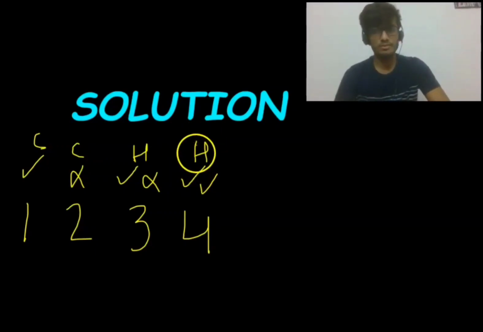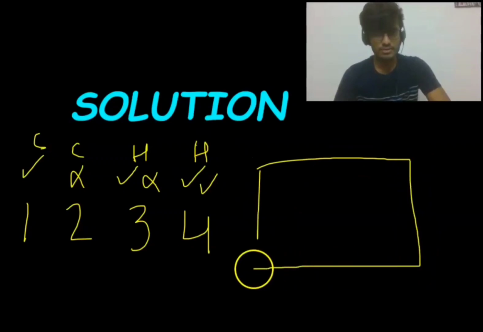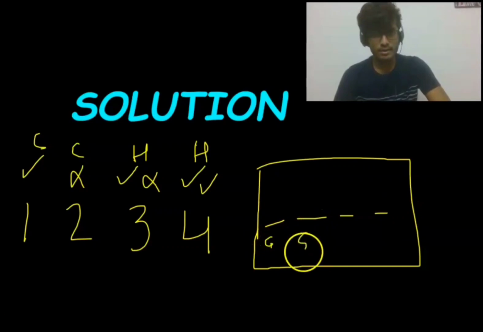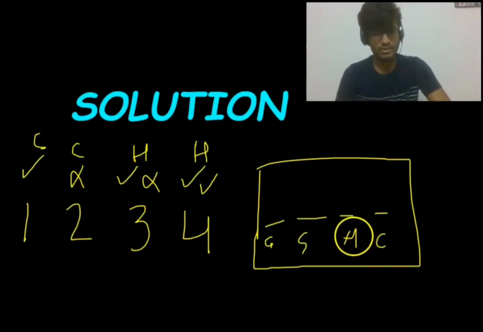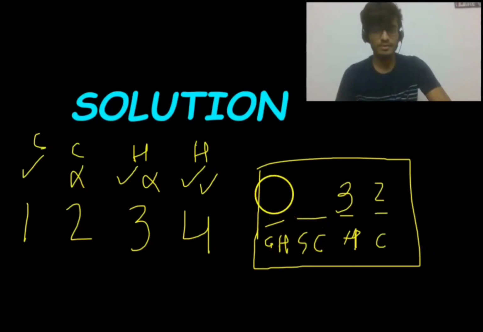So once we enter the room, we'll see 4 bulbs. 2 of them will be glowing and 2 of them will not be glowing. Out of the 2 which are not glowing, 1 of them will be heated up and 1 will be cool. The one which is heated up, we can say that it belongs to the third switch. The one which is cool, we can say it belongs to the second switch. And out of the remaining 2, 1 will be heated up and the other will be cool. So the heated up one will belong to the fourth switch and the last will belong to the first switch. So this was the solution.